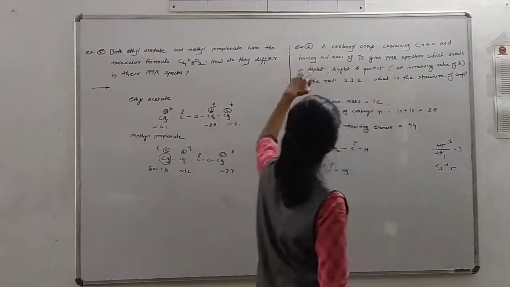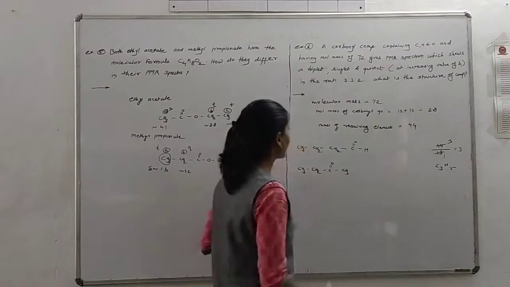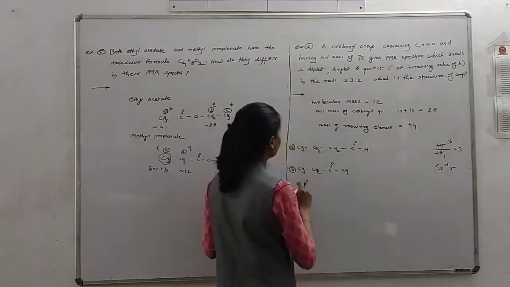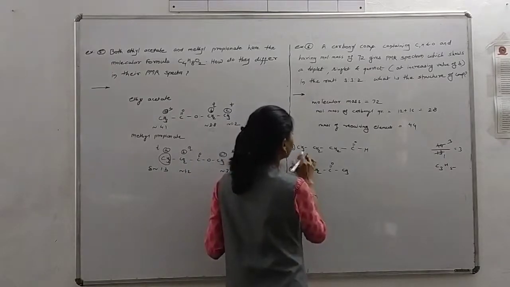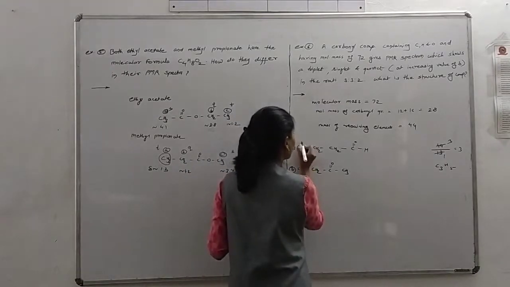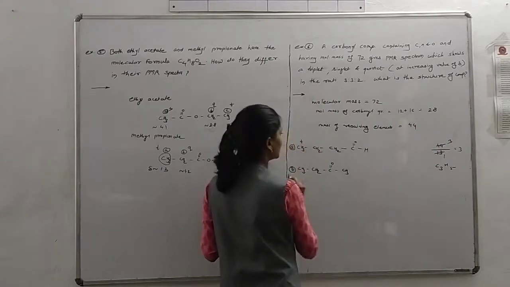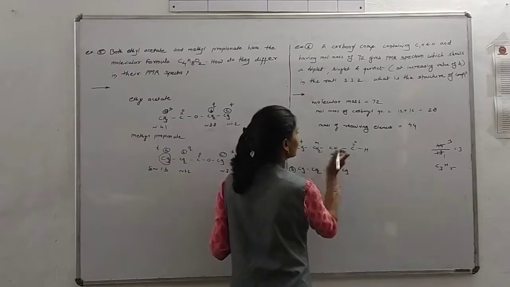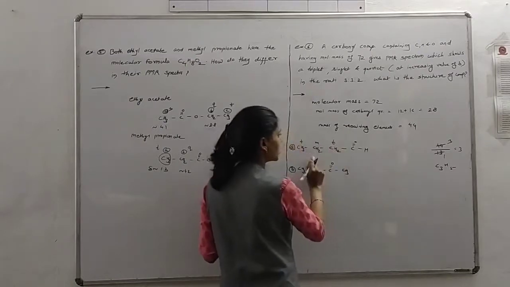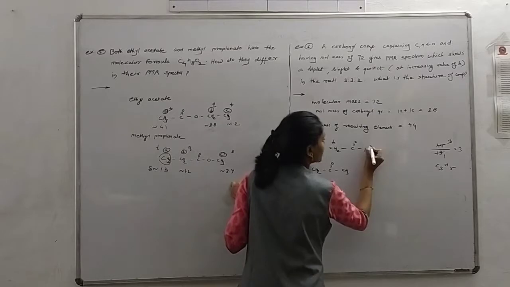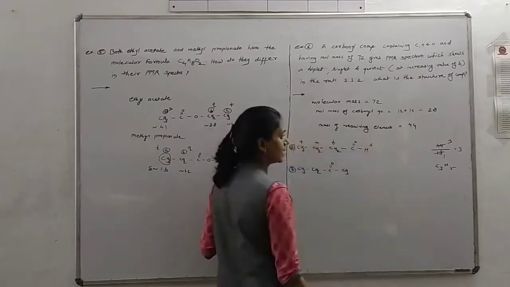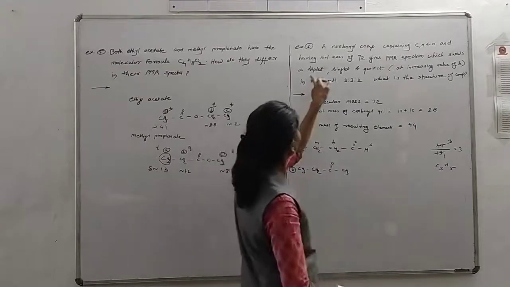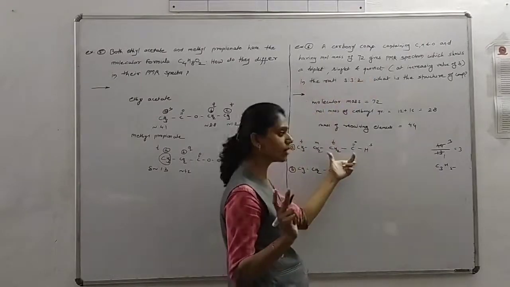The PMR spectrum shows a triplet, singlet and quartet. For this, we check the criteria here. This gives a triplet due to the adjacent CH2. This gives the multiplet. This CH2 gives the triplet due to the adjacent CH2 group, and this H gives the singlet aldehyde. Here 4 signals are obtained, but only 3 signals are given. That means it is the wrong structure.